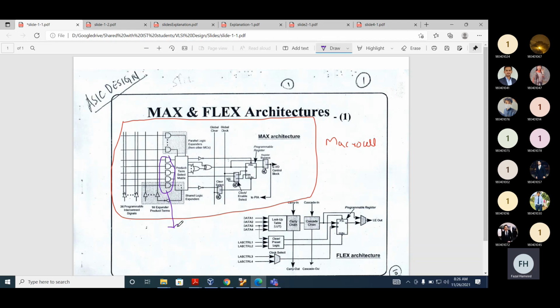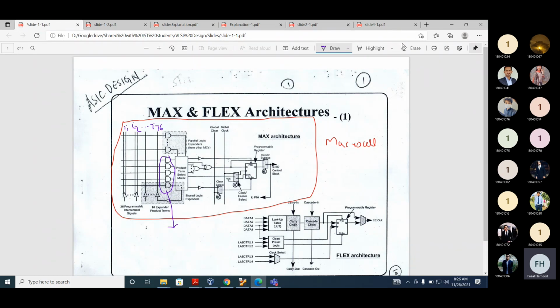How many inputs are there? There are 36 inputs: I1, I2 up to I36. 4 product terms can come directly from the inputs to the macrocells, and 1 product term is from within the macrocell.